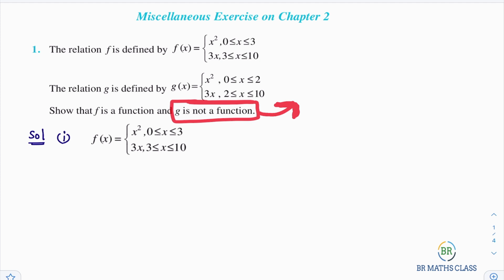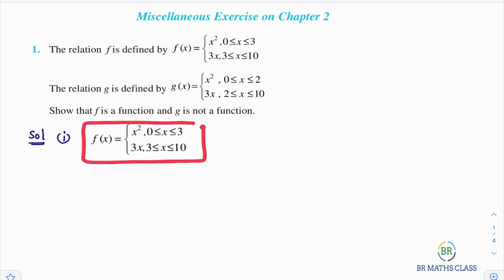I observe that in some videos, some are explaining in such a way that when it is a function, they are taking some examples, some elements, and they are proving. That is the wrong method. When it is a function, you have to check whether for every element in the first set there exists only one element in the second set or not. Okay. Here, how to check whether this relation is a function or not?